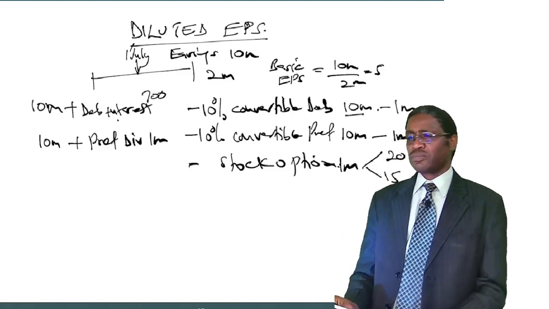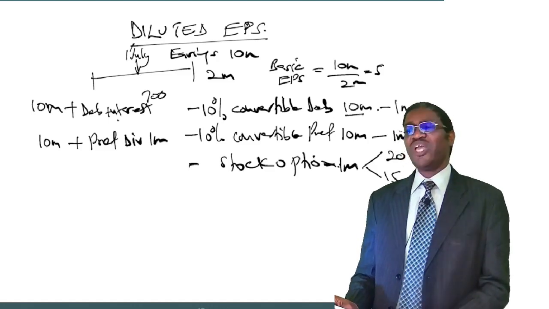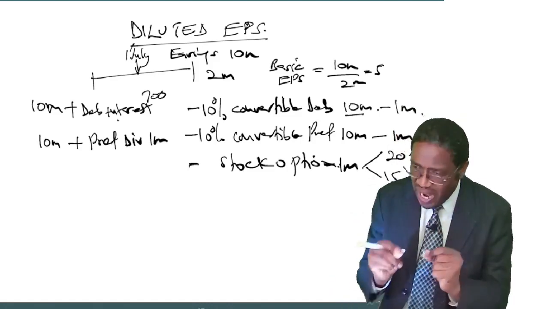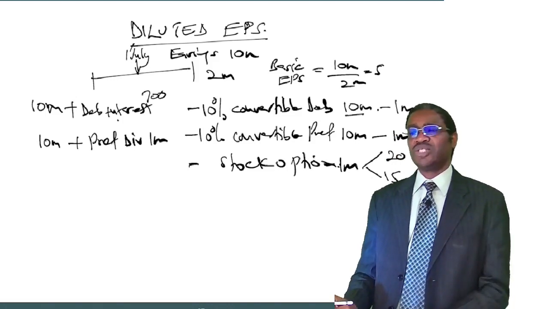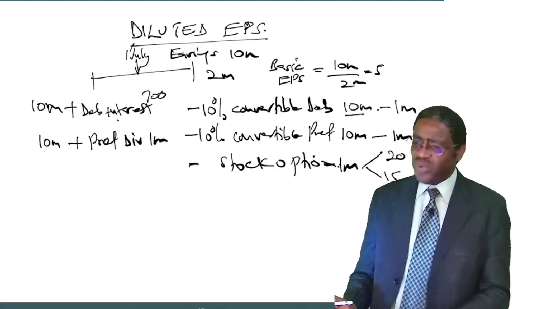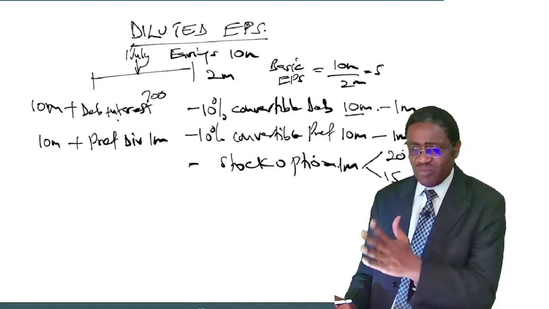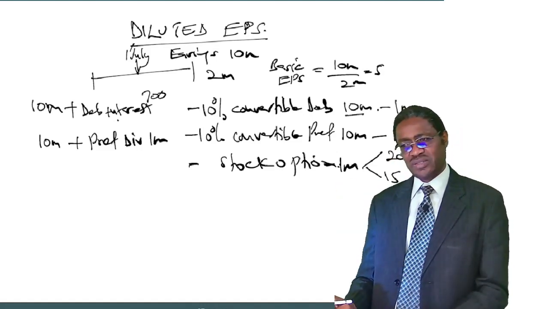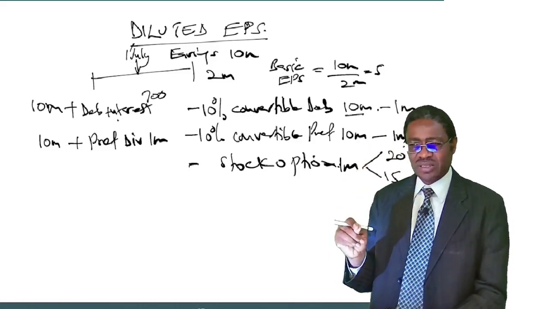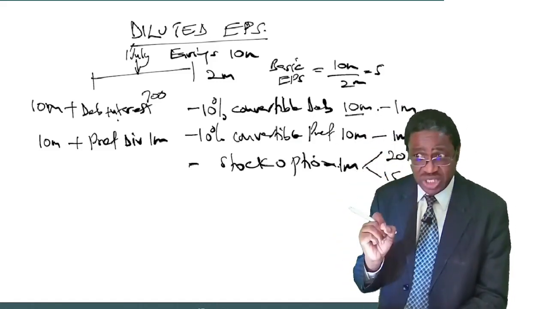What were we saying? By end of the year, the company still has a stock option. We had agreed with the employees, whatever time we agreed with them, that they can buy shares at a price of 15, but not 20. So we had agreed with them that we shall give them that privilege to buy 1 million shares from our illustration. But come the end of the year, they still have not exercised. Listen, we say, if they had exercised that right, the moment we signed the agreement, and bought the shares,